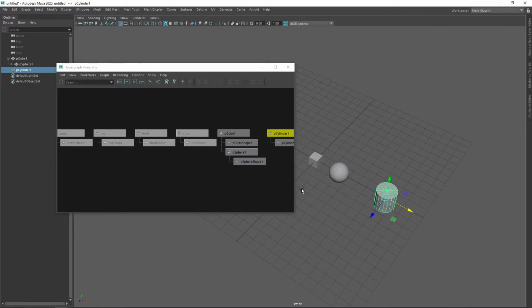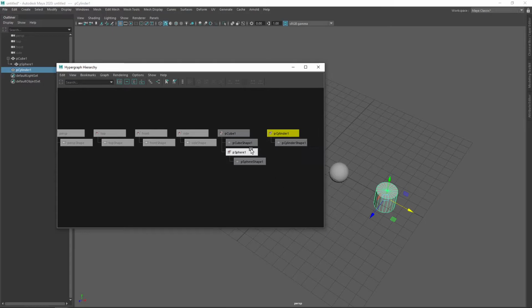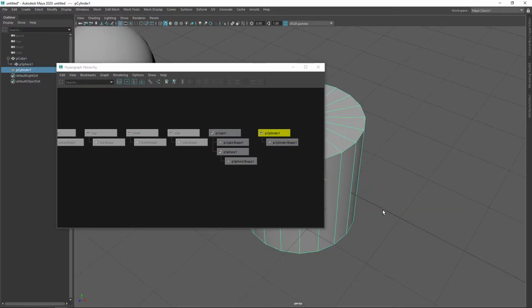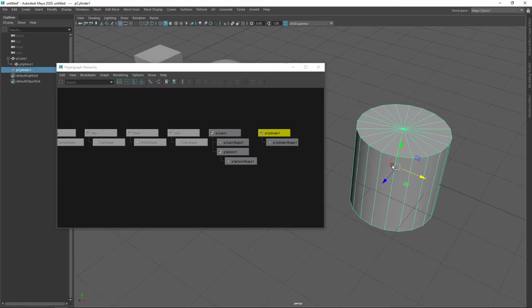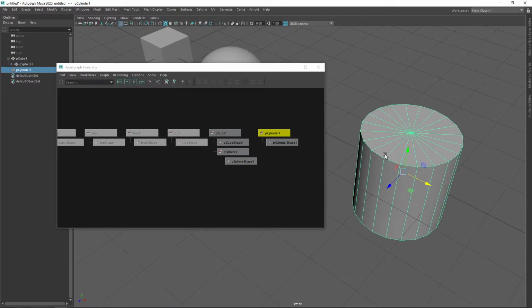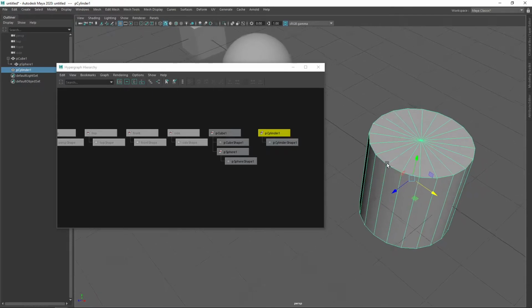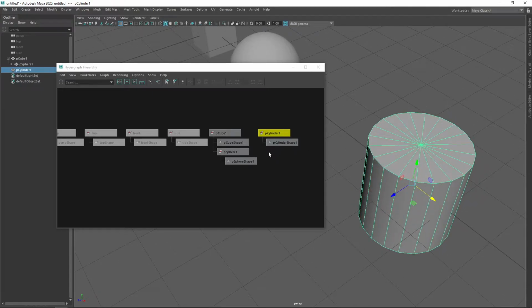Just so we're not dealing with this sphere that's a child of the cube. All right, let's just think about the cylinder for a second here. So for the cylinder here, we have the two nodes making up that object. This higher level node is called the transform node, which stores the translation, rotation, and scale of the object in